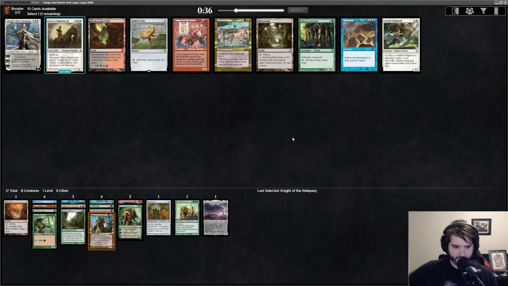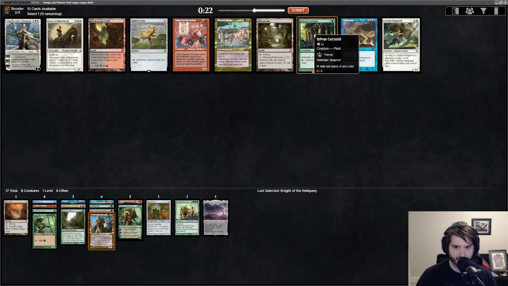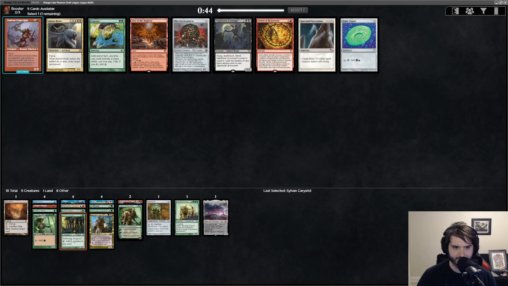Okay, so what else am I doing? I'm just grabbing ramp. I mean, I have a Woodfall Primus, which isn't bad. But... I could take this Upheaval. I have no colors, though. I'm just green. Well,